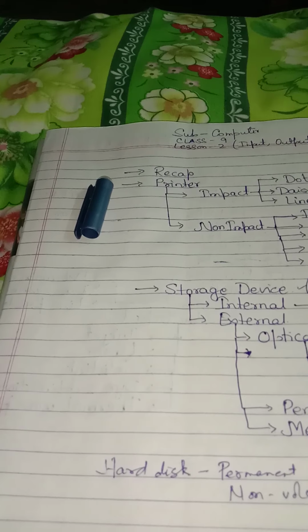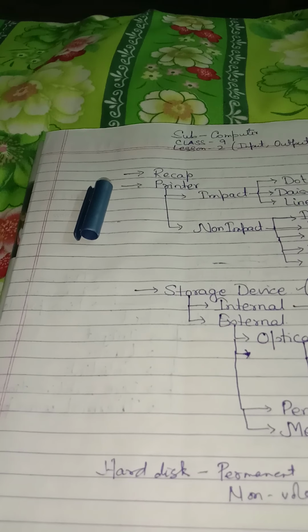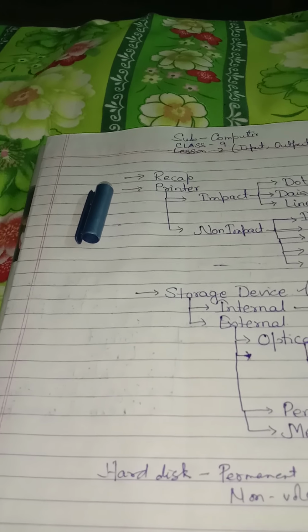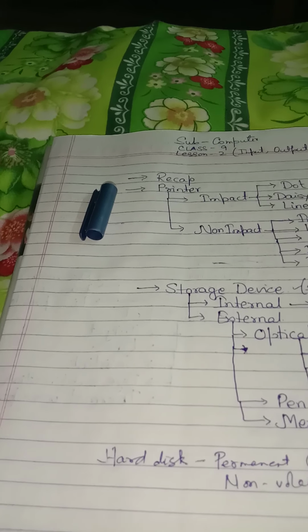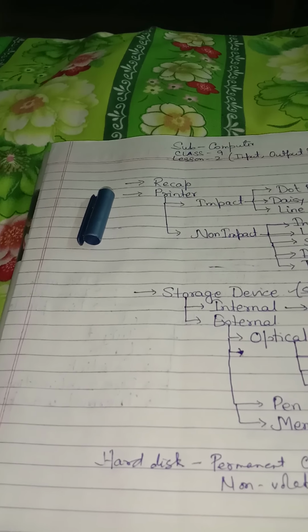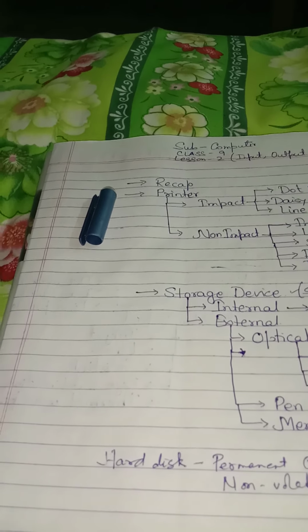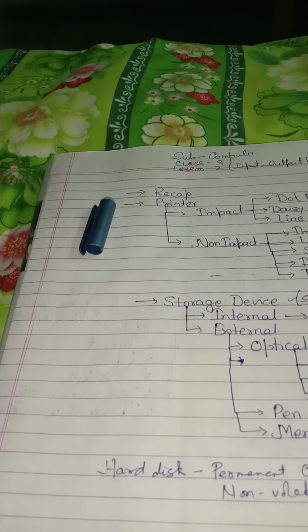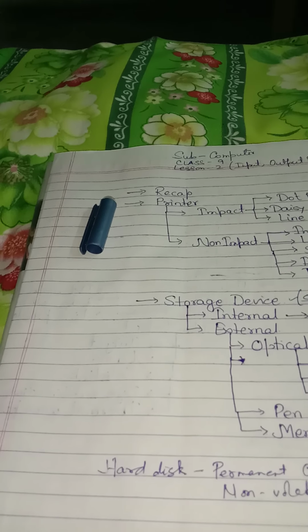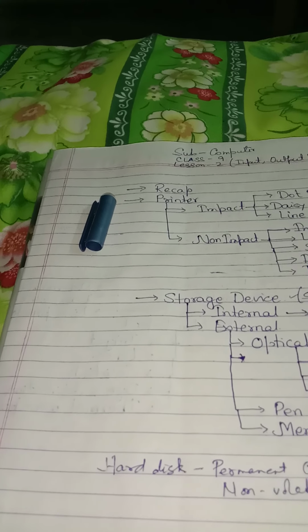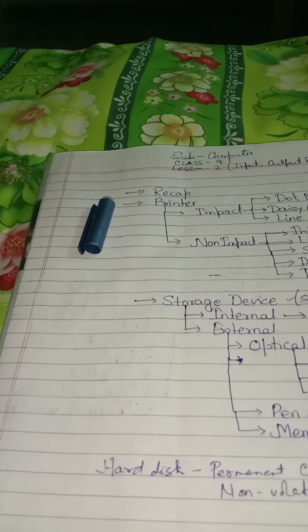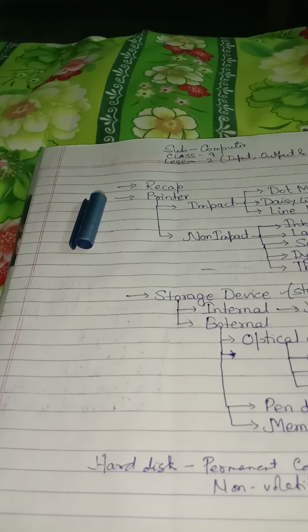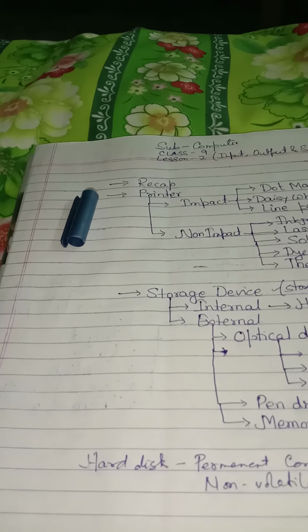An optical disc is a storage device in which the data can be both read and written. Read means that once the data is put in it, we can only read it. We cannot make any change or delete it. And written means the data stored in the device can be erased and new data can be put in it. So in an optical disc, for reading and writing purposes, we use lasers. Laser is generally used for reading or writing here.